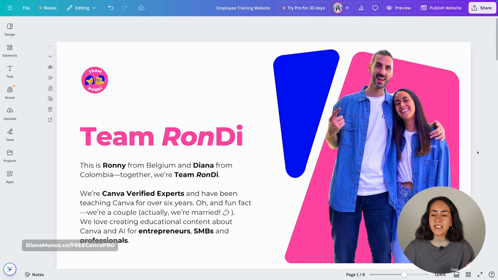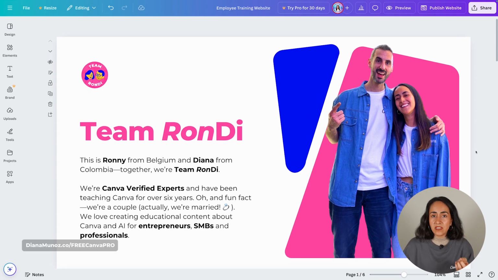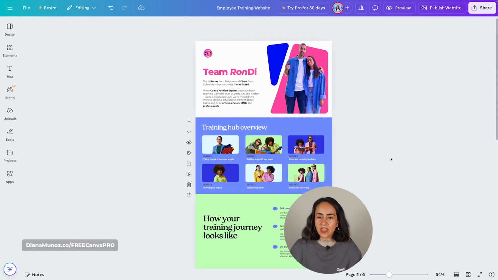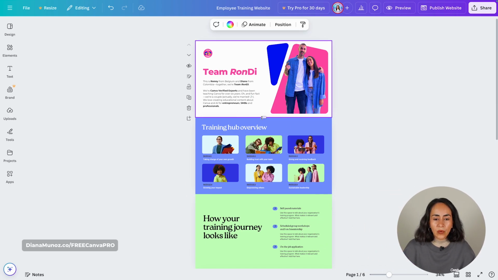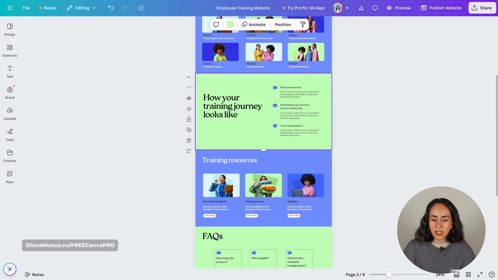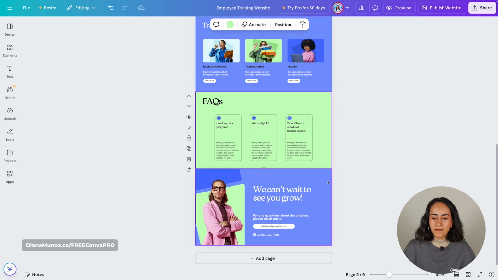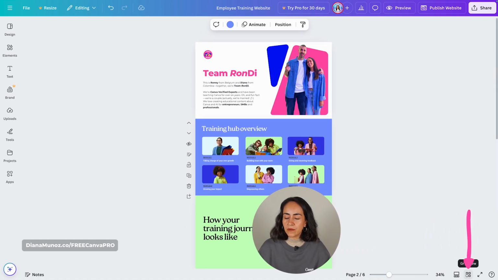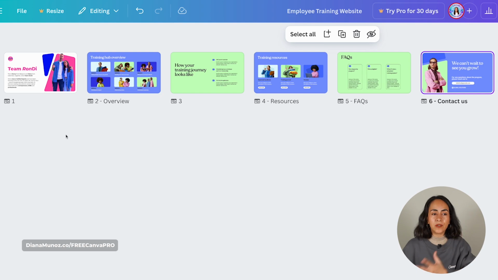Now, what I have edited in here is just one section of my website. Let me zoom out to show you that on this website I have 1, 2, 3, 4, 5 and 6 different sections. If you go here to the grid view, you will have an overview of your website. So we have all of these different sections, and what I want to create is a website of 3 different